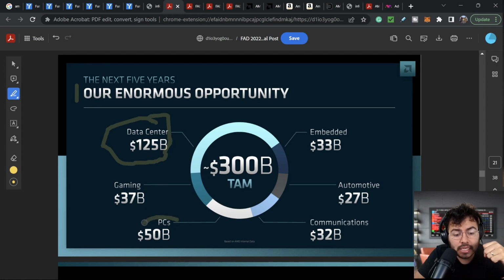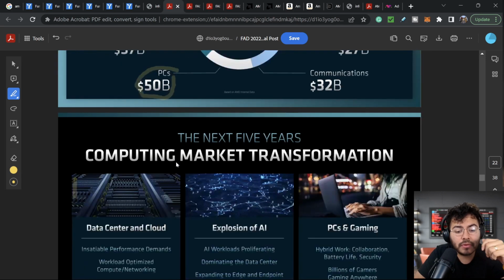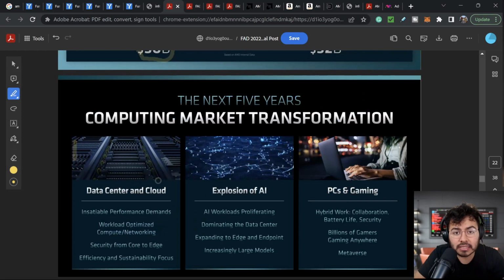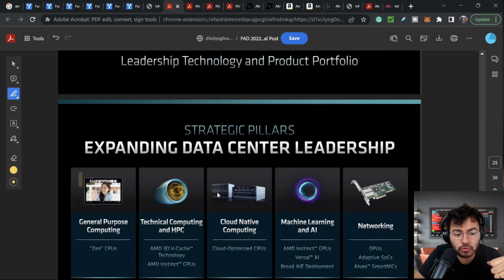The second is the PC market, and that's why AMD is really, really focused on consumer products as well. Then the other ones all kind of share gaming, embedded, automotive, and communication. But we can see AMD's main focus should be number one data center because that's the huge growth opportunity, and number two is the PC world. And in the data center market, we are seeing huge transformation. One of the biggest things is the explosion of AI, but also still digitalization. We continue to see companies like Microsoft, Amazon, and Google continue to expand their data center solutions.